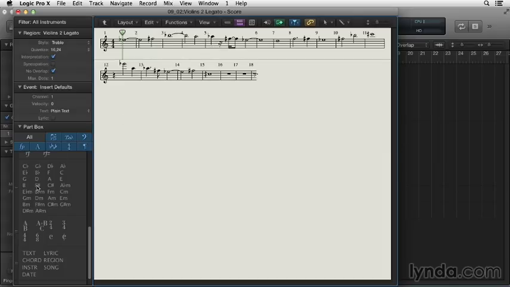So we should be able to grab F sharp from our key signatures parts box and drag it right into the staff, and you can see we get 6 sharps in there indicating an F sharp key signature. And notice all of the accidentals went away, or most of them, indicating at first glance that this is in the right key, since our notes are making sense without a lot of accidentals in